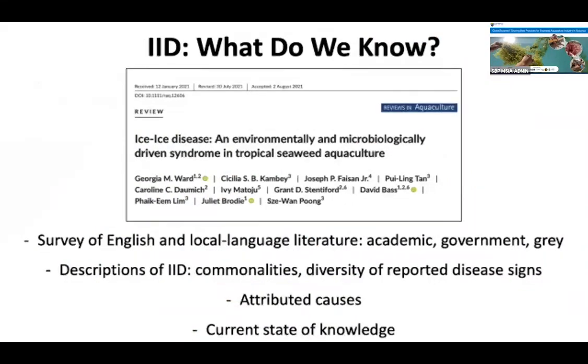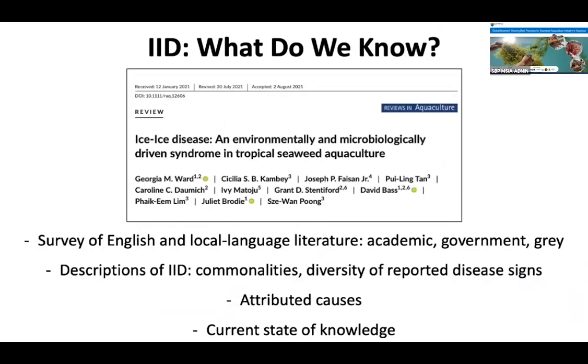So far, there's no definitive cause of IID, though we know that it appears to affect all cultivated eucheumatoids, and it's been recorded in all regions where cultivation is either established or has been trialled. In order to gain a greater understanding of the research to date concerning IID and its associated causes, we worked on a review paper attempting to compile as much information as possible relating to the condition and placing it in the wider context of what's known about similar bleaching syndromes in other sessile marine holobionts, including red algae and corals.